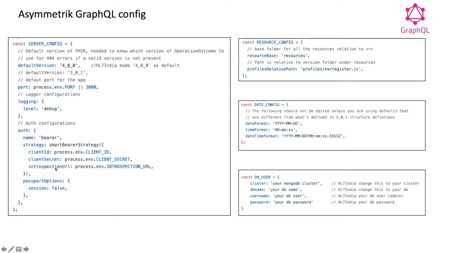Client ID and client secret, in most cases, are suitable for web-related communication exchange, right? In mobile clients, the client secrets are not secure enough. So what we have done, and I don't know if it is the best practice, I think it is, is we have commented out the client secret, because the mobile clients are anyway not going to use a client secret and are going to use an OAuth 2 authorization code flow. Right? There are other parameters like passport options we could set here. Introspection URL is also an important